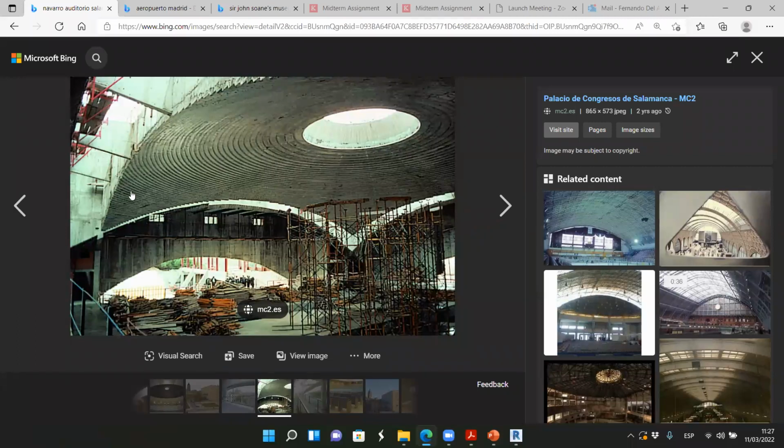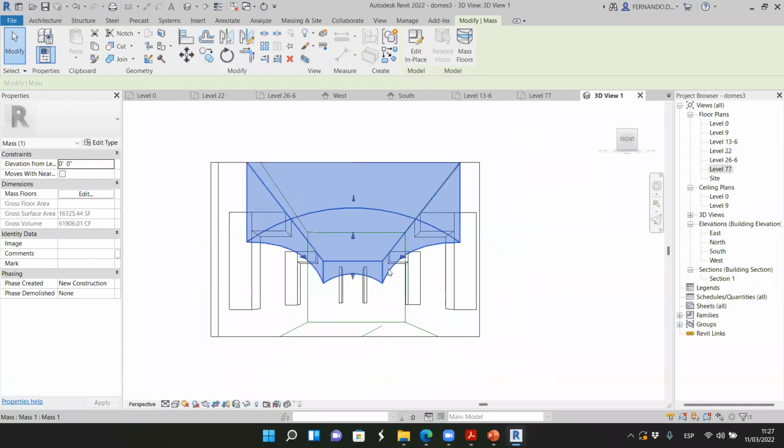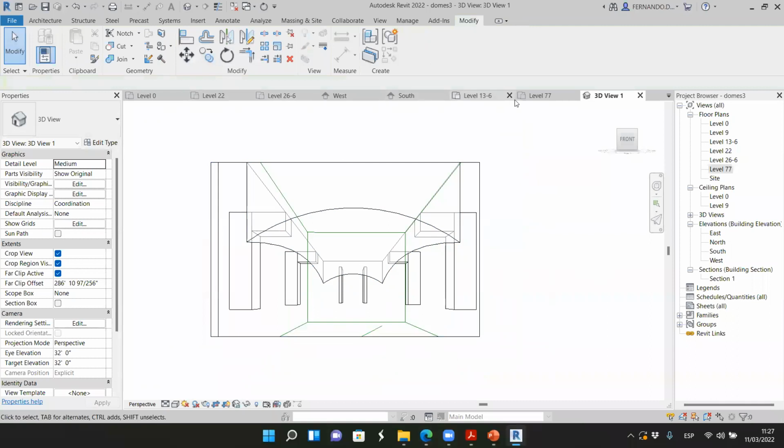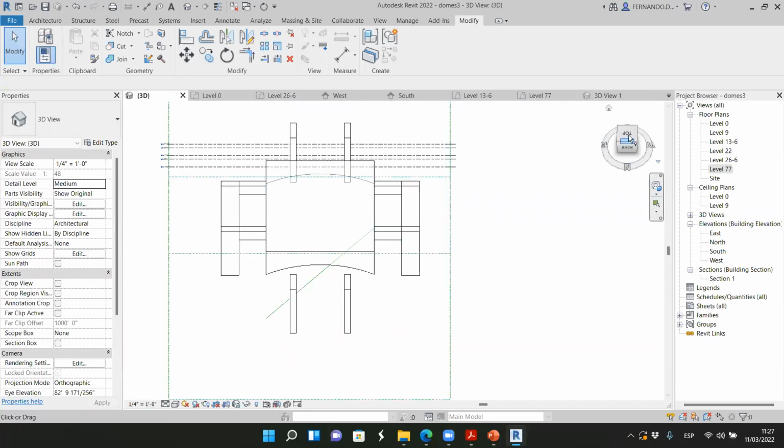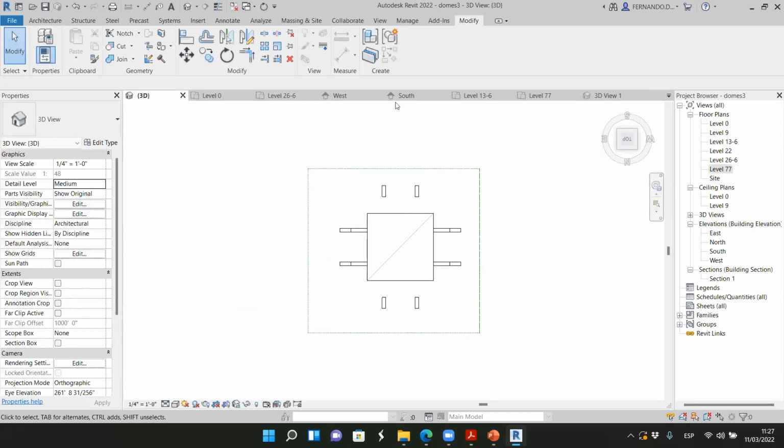But the idea is that the structure to this dome is not just underneath the dome, it's in the wall there. So I think it's nice because it looks like this element is floating. And if we open this element here, we can see the thickness of this dome. If we use the 3D view or this